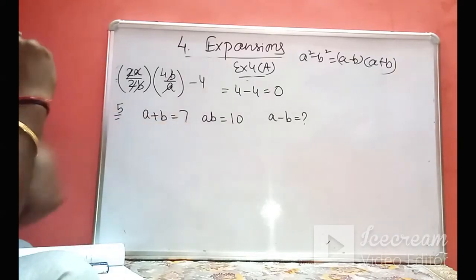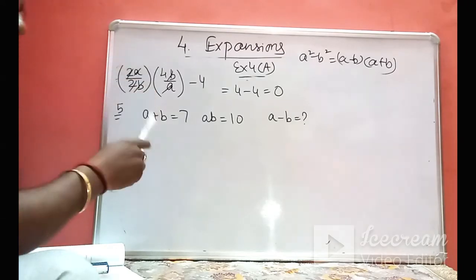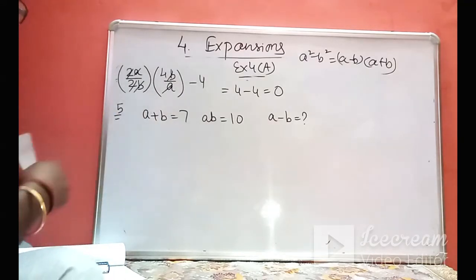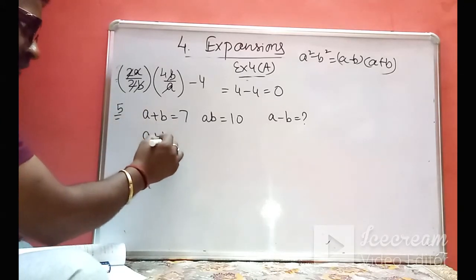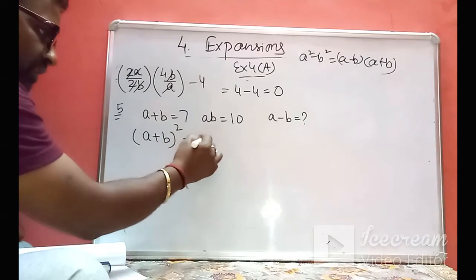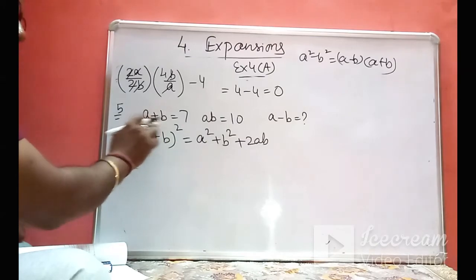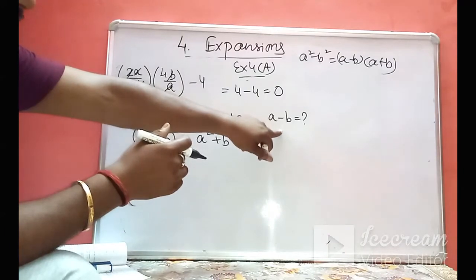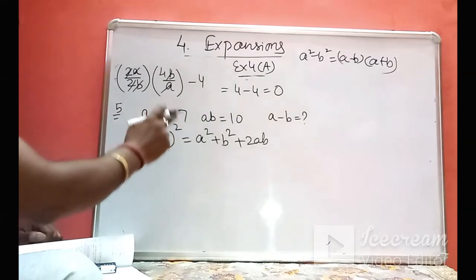Now students, whenever we have questions like this, the thing that we know is a plus b and ab. So there are two ways to solve these types of questions. First, whatever value is given to you, either a plus b or a minus b, the very first step you will do is write the whole square formula. Suppose a plus b is given to you, so we will write the formula of a plus b. If a minus b was given to you, then you will write the formula of a minus b. Then after writing the formula, you will start putting in the values.